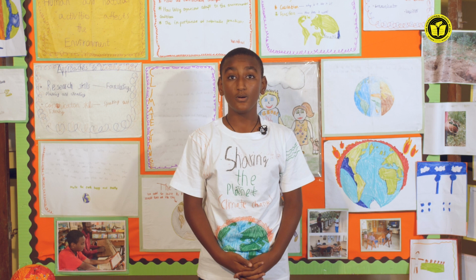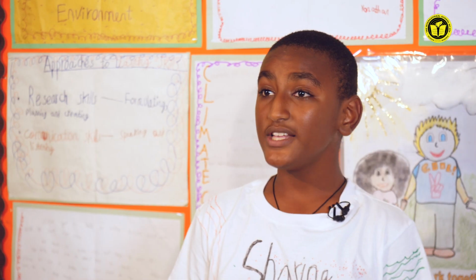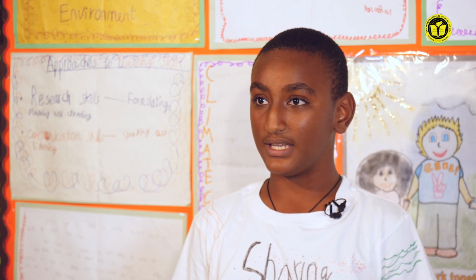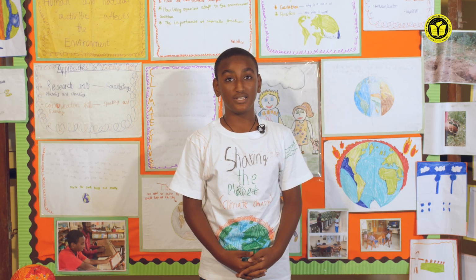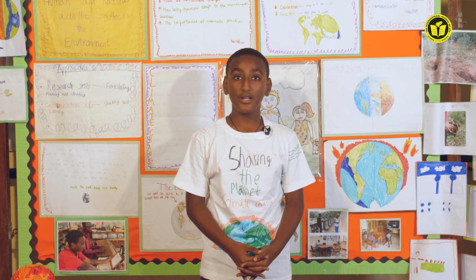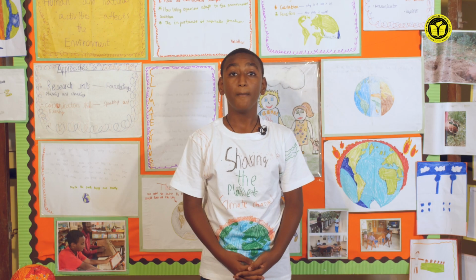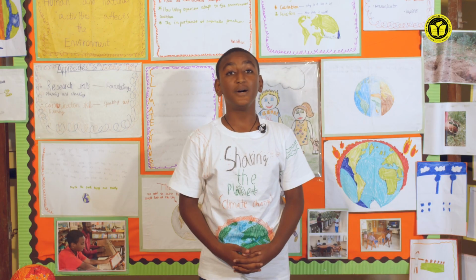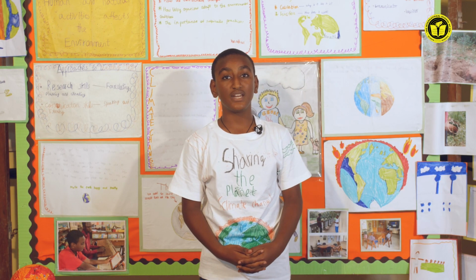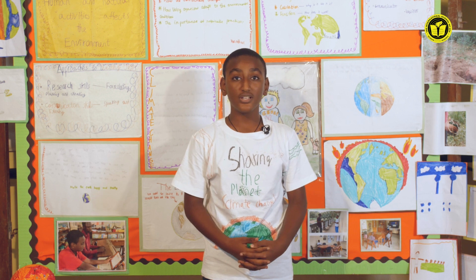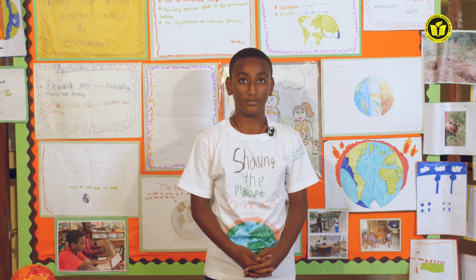Before I continue, what is climate change? Climate change is basically the long term shifts of temperature. But what does that mean? That means that when we are releasing these toxic gases, such as carbon dioxide, carbon monoxide, sulfur, methane into the air, we're making the earth hotter and hotter. But how? You see, normally the sun's radiation is able to escape the earth after touching it. But these toxic gases do not allow the sun's radiation to escape, thus making the earth hotter and hotter.